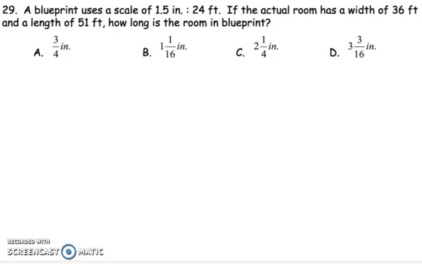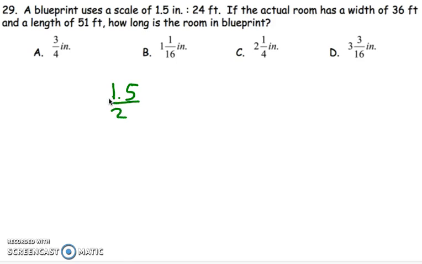All right, we're on number 29. A blueprint uses a scale of 1.5 inches to 24 feet. If the actual room has a width of 36 feet and a length of 51 feet, how long is the room in the blueprint? All right, so they give us the scale ratio of 1.5